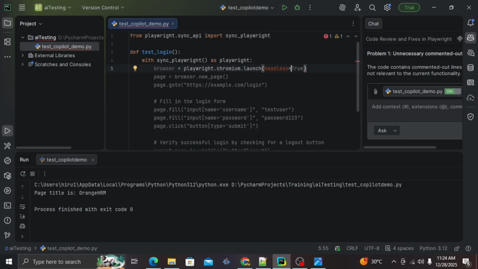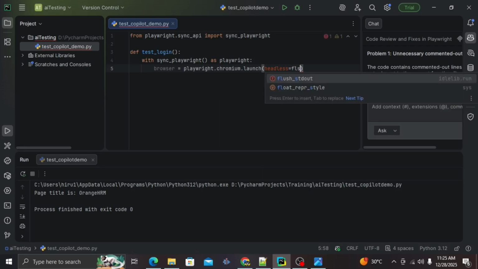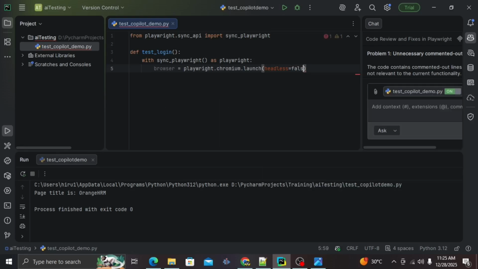I need that particular UI to appear here, so I am going to set headless to false, since I need the browser to appear while running. False, and I will put a slow movement in here,